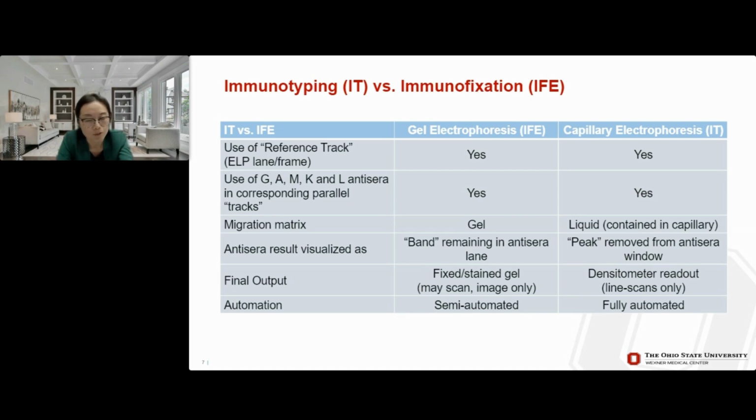The big difference between gel and capillary electrophoresis is that we are looking for the band remaining in the anti-serum lane in gel electrophoresis, but the absent peak in capillary electrophoresis. The other important improvement of capillary electrophoresis is that it is fully automated, which can reduce the errors of